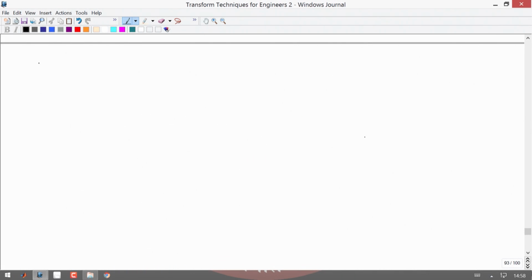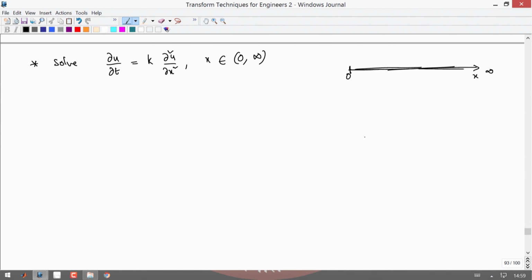Okay, so we will just start with a problem like this. If you want to solve this equation, this is a heat equation, dou u by dou t equals kappa, the specific heat constant, times dou square u by dou x square, and now x belongs to 0 to infinity. So you have a semi-infinite rod, one dimensional, laterally insulated, so that the propagation of heat is only in one direction,